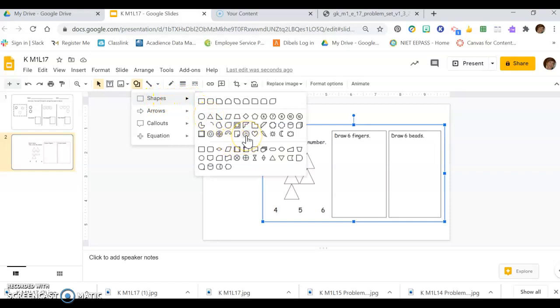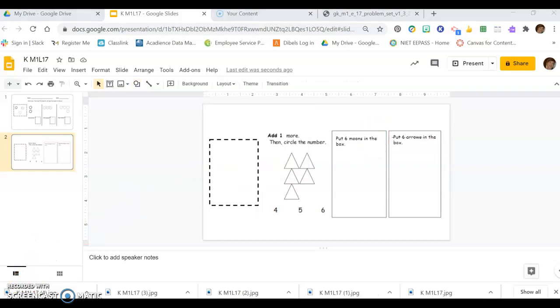Okay, I have smiley faces. I could go back and fix up other smiley faces. I might want to do sunshines and moons. So go ahead and look at your little bank of shapes to see how you want to change these directions. Okay, so now that I have gotten my directions exactly how I want them and I have my screen,